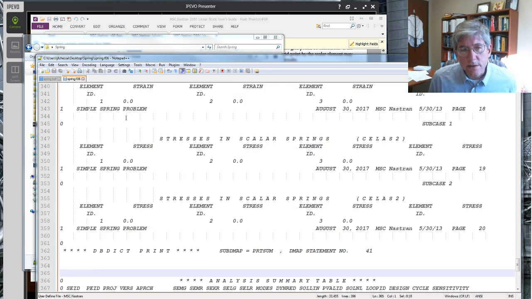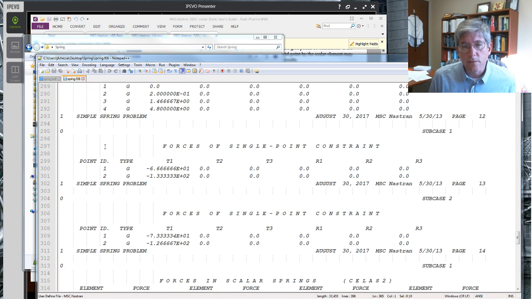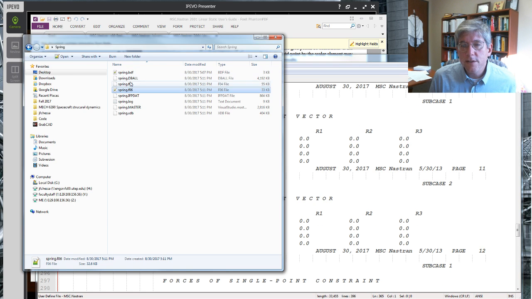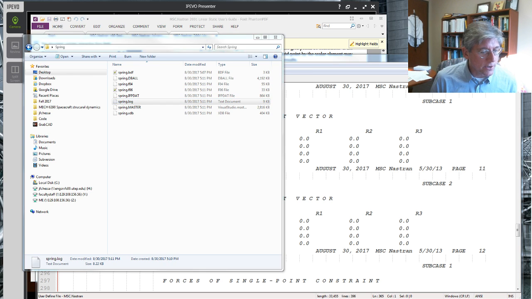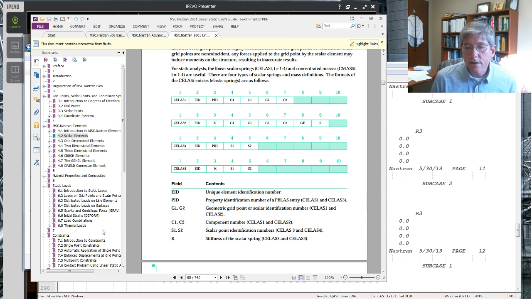You may get errors, and if you do and it doesn't run, those errors will very often be in the FO6 file. Sometimes they'll actually be in the FO4 file or in the log files. All those you can read with a text editor like Notepad++, and it should work. All right, you can actually also look at the fancy displacements with the XDB file. So that's why I put that line in here somewhere